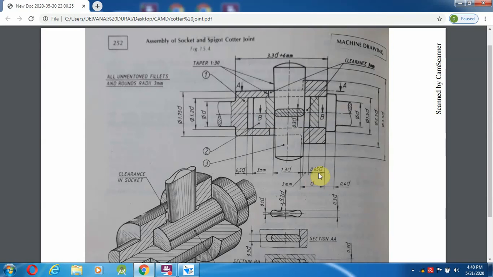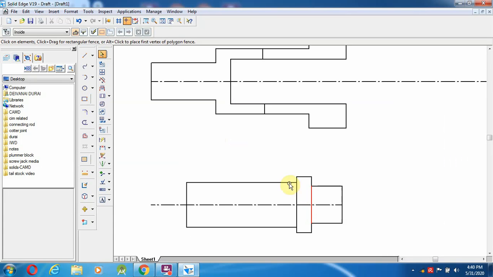That is 0.65d. Once you find 0.65d, that means 0.65 into 20. So the length from the end, from here, 0.65d, that is 13 mm. 13 mm. I am going to draw a straight line over here, going to stop.